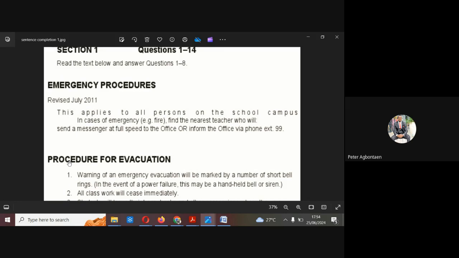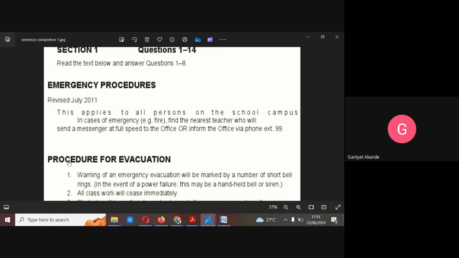Here it says procedure for evacuation. Now we know already what the meaning of procedure is. Let's talk about evacuation. What is the meaning of evacuation? What does it mean to evacuate? Evacuate, that means to